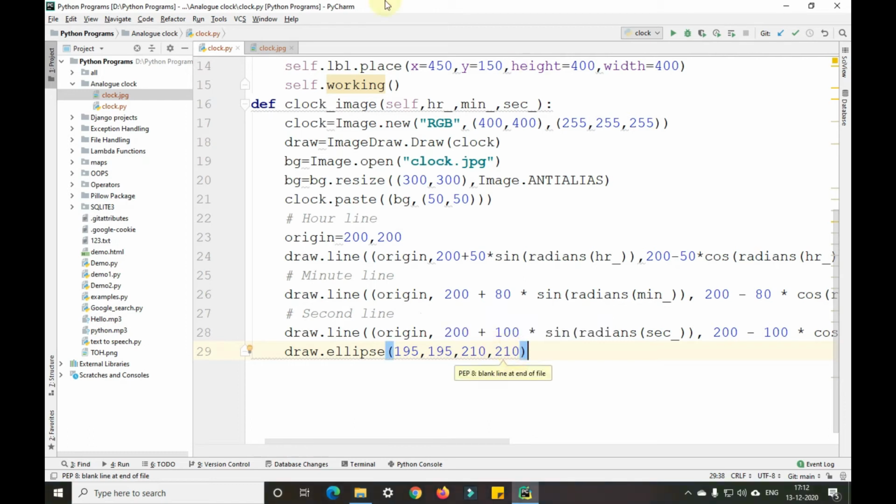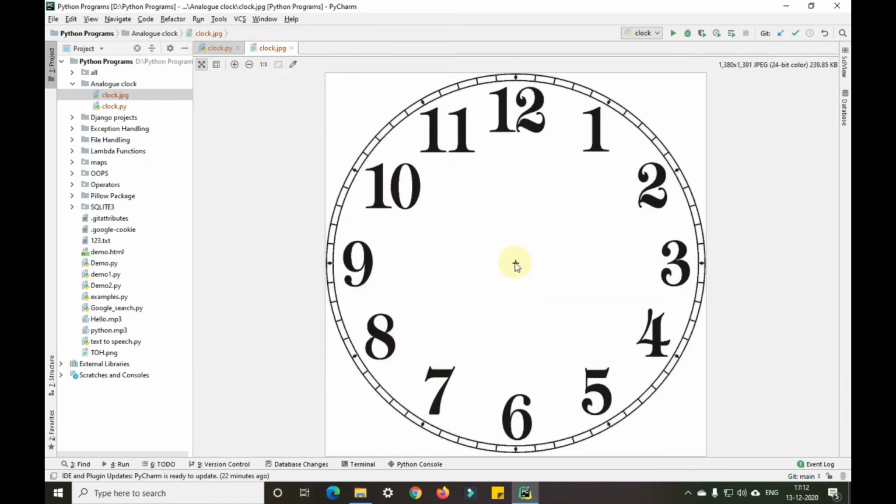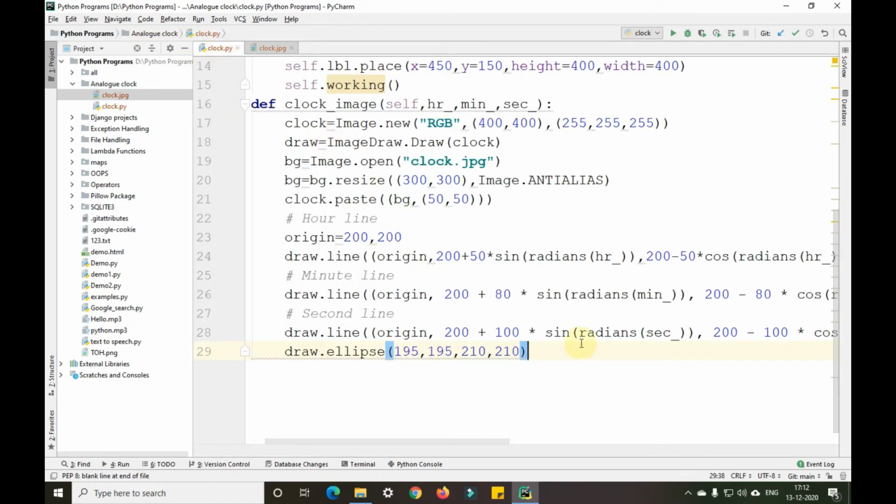So why this ellipse? You can see there is some plus sign there. So instead of the plus sign, we'll put a small round ellipse there, so that the watch will look classy. Okay, we'll fill it with black color. fill equals to black. Okay.